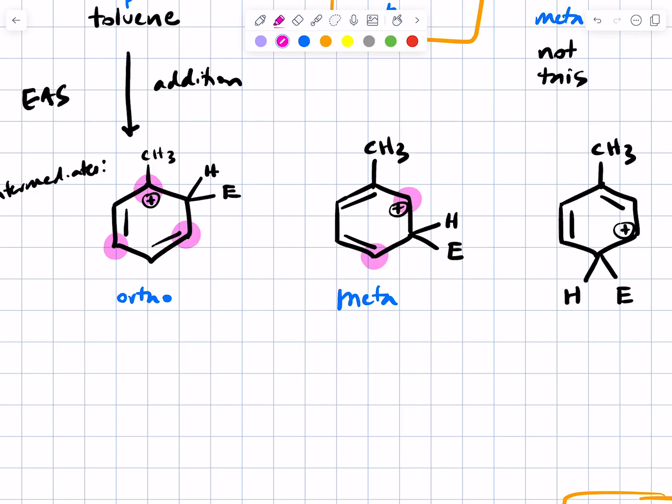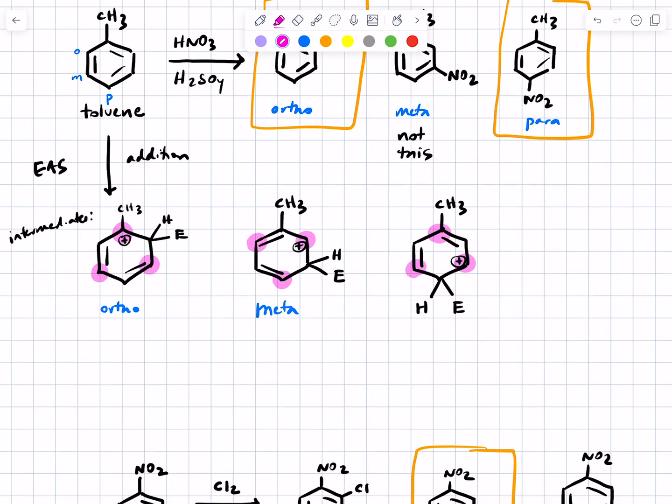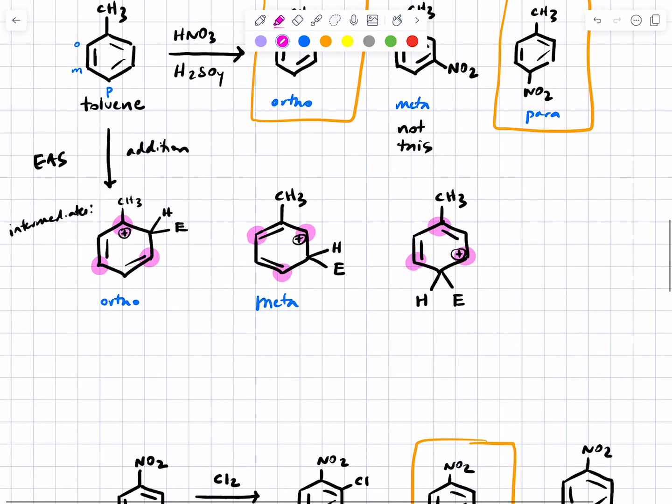Similarly here and here. What do I notice? What is different about the ortho and para isomers, intermediates, that is not the same as the meta intermediate? What do you notice? So in the ortho and para, you guys are noticing that the positive charge can be, now some of you